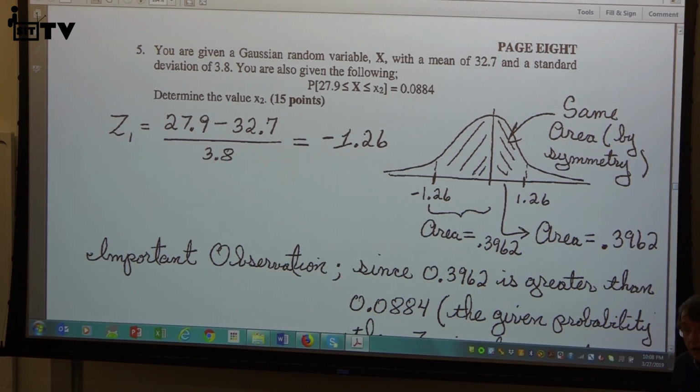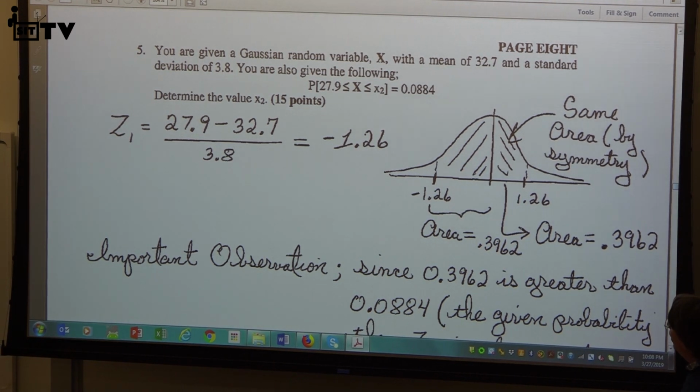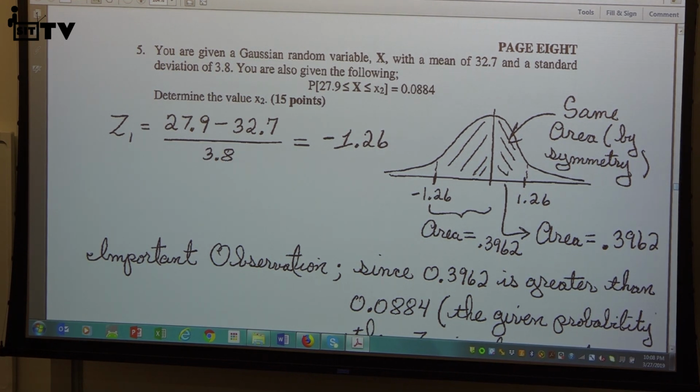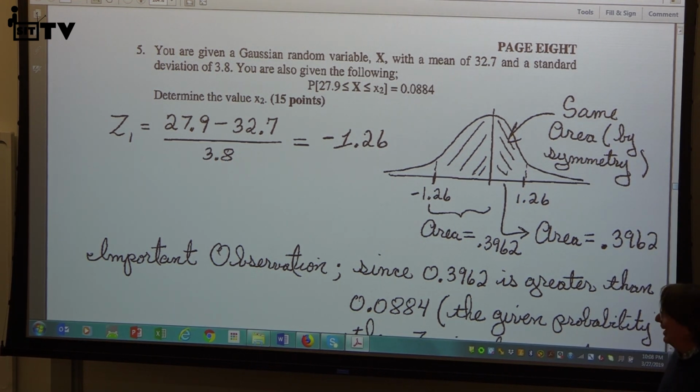Why isn't it? Why is the area 0.3962? Because the z table said so. No, do you want me to go to the z table? You sure? All right, good man. All right. You sure now? All right. Now,